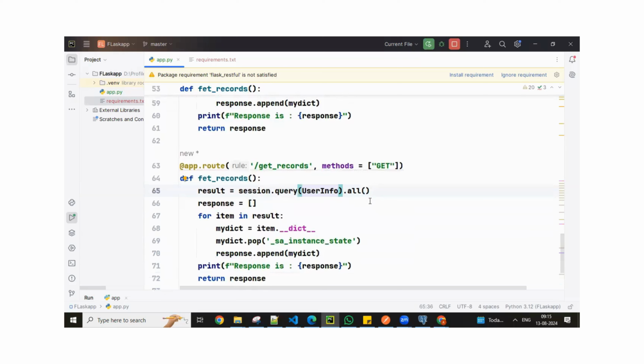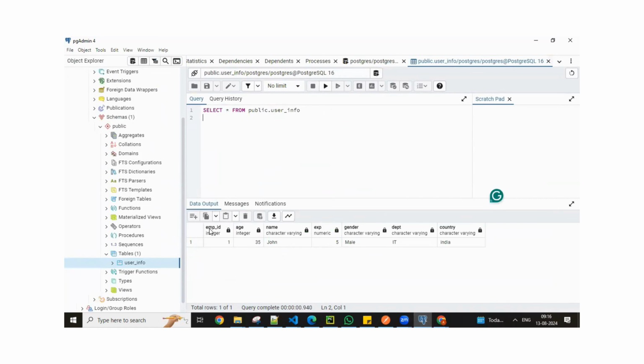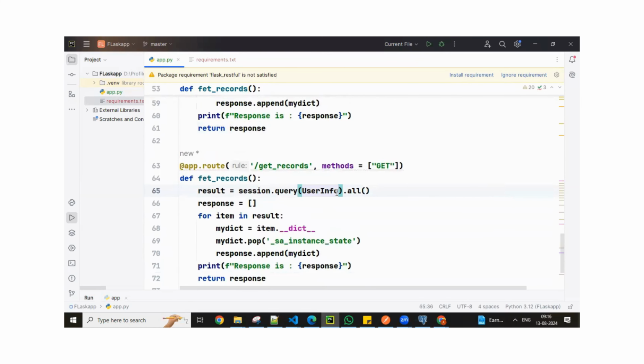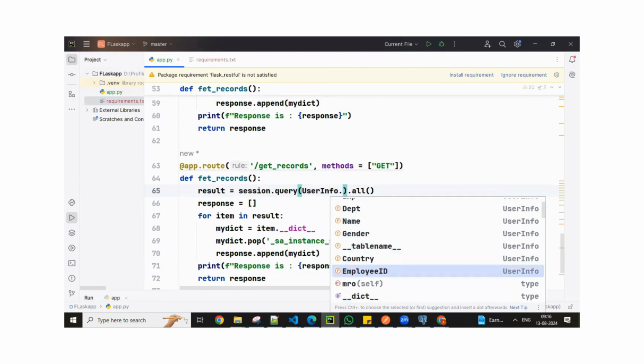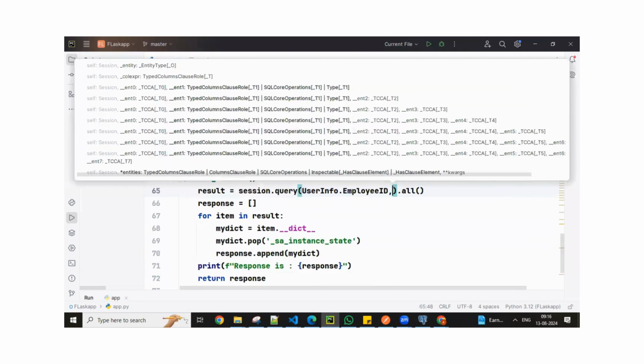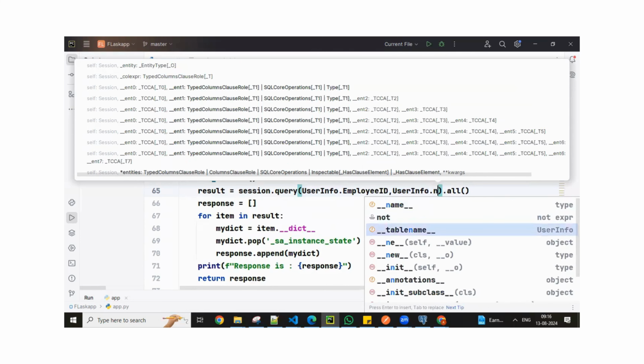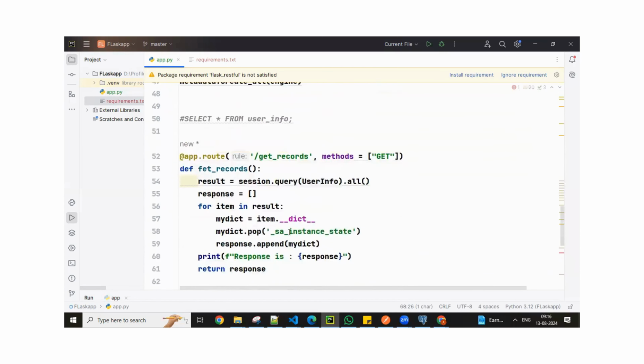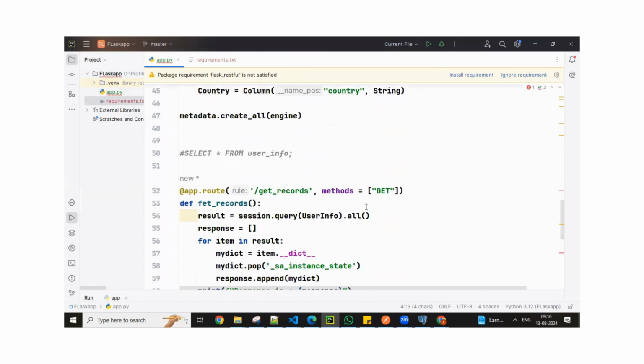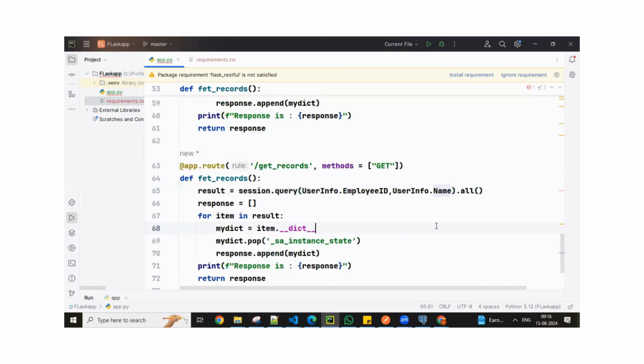Simple. If you want to get some specific columns, let's say from session, only, for example, person name, right? Here in this, you have person, employee ID, name. If you want to get only two columns, employee ID and name, this is also very easy. So here, dot. If you put dot, it will tell you. So employee ID, comma. What is the other one? Name, for example. User information dot name. You got it? So what is the name written here in the model? Capital N. Okay. So this time I'm getting all the table information, but I'm only fetching employee ID and name. In the query you should put it like this, which is equivalent to